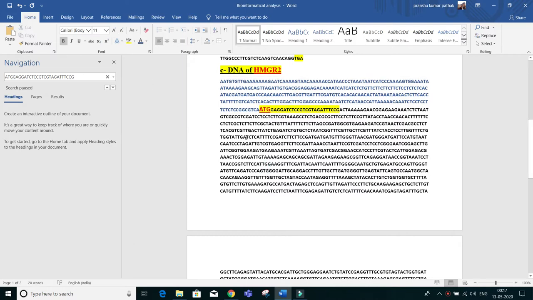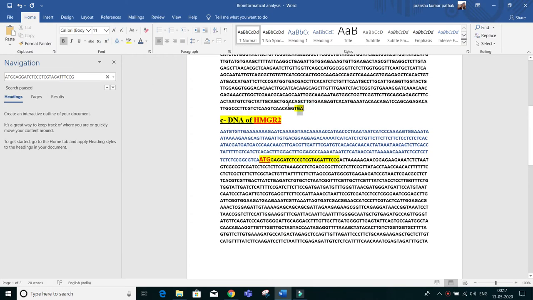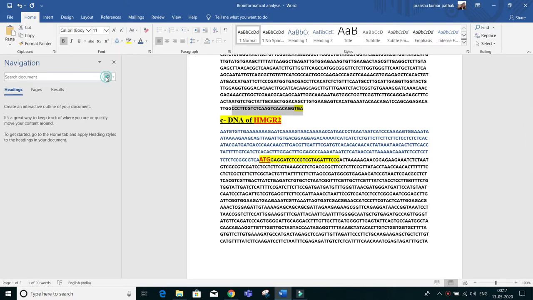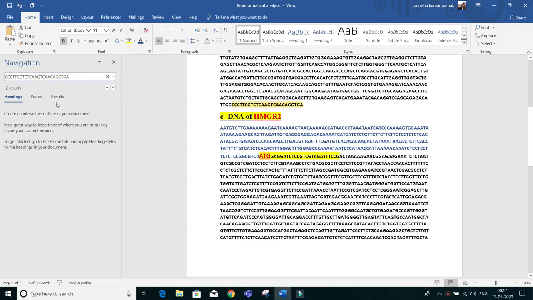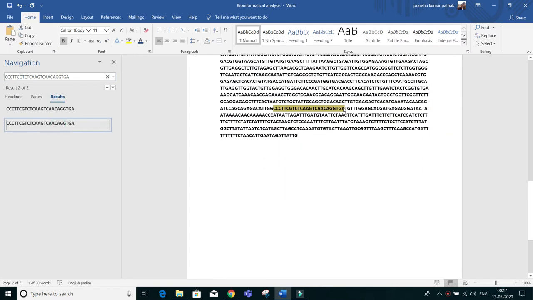And now you have to search the stop codon. Copy it and again search in the same document, just paste it and go to the result part. Now this is your stop site. Somewhere this TGA will lead to the stop of your sequence.